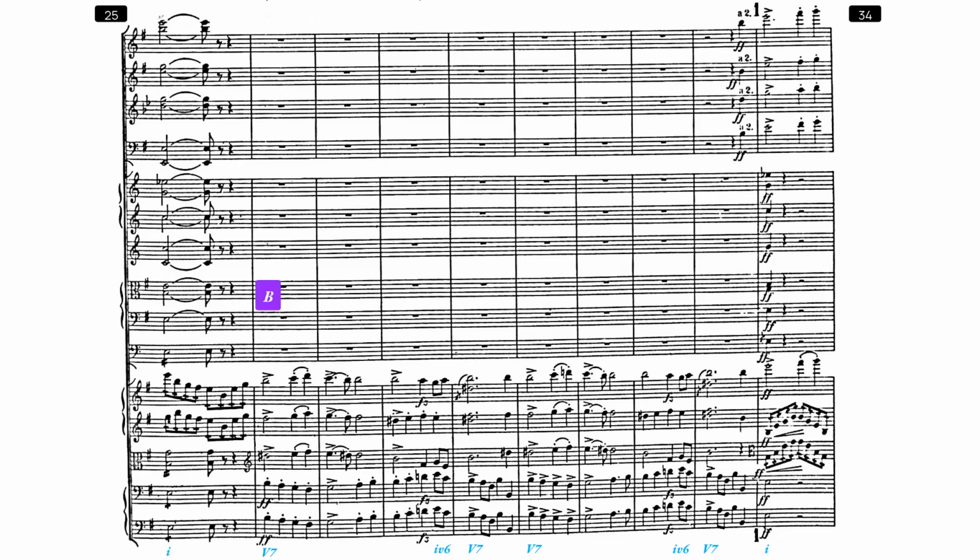Phrase B of the principal theme comes next, and it is composed of 2 4-measure subphrases, little a and little a. Notice that the upper strings play the melody in faux bourdon, a compositional technique that goes back as far